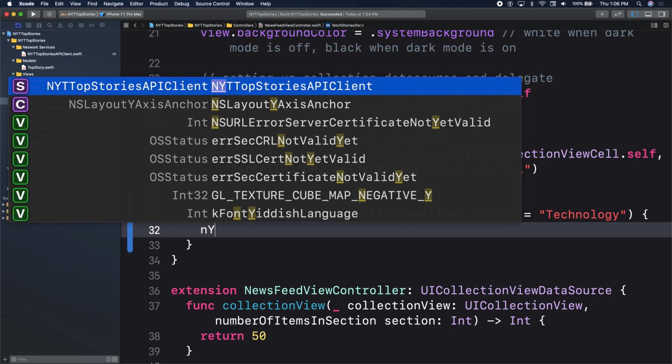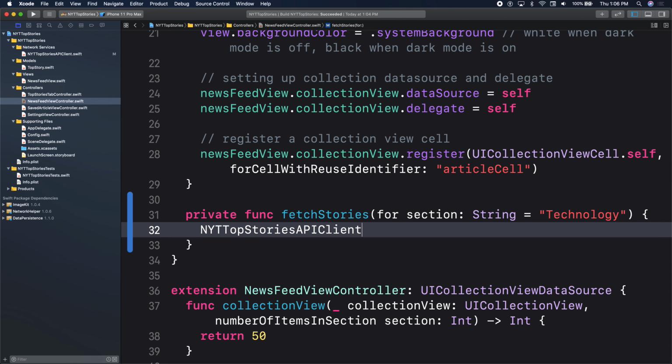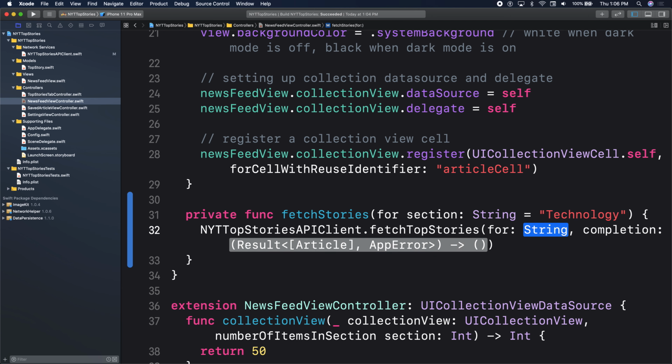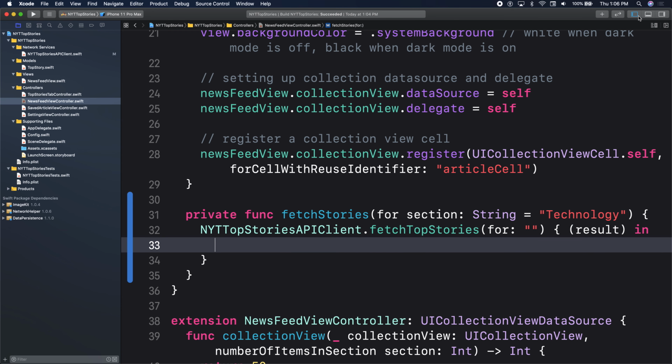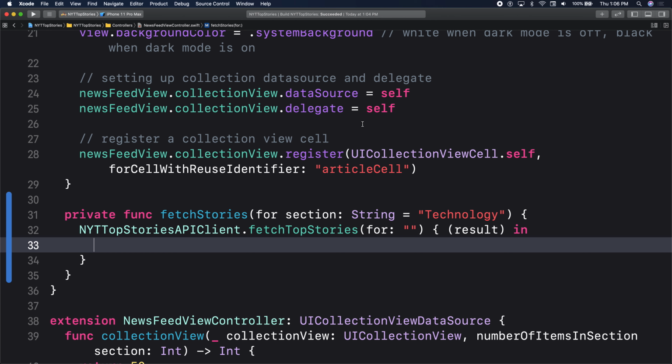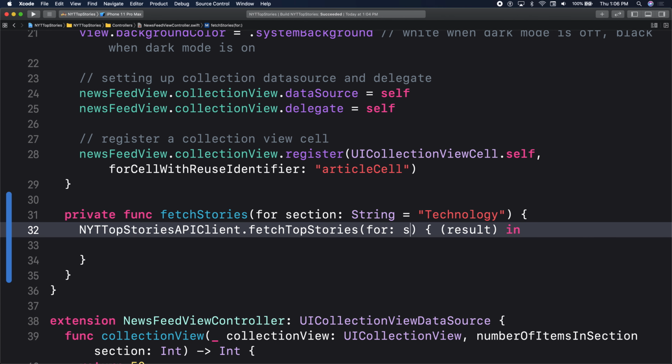And we'll go ahead and use our API client, and we'll say fetch, result, and here I say section,